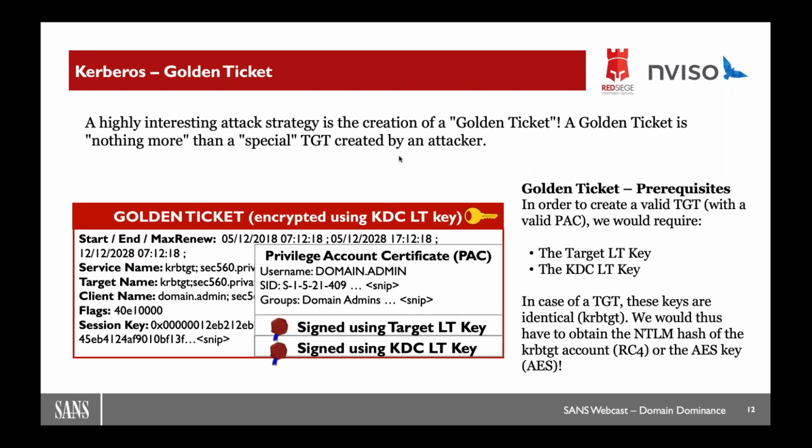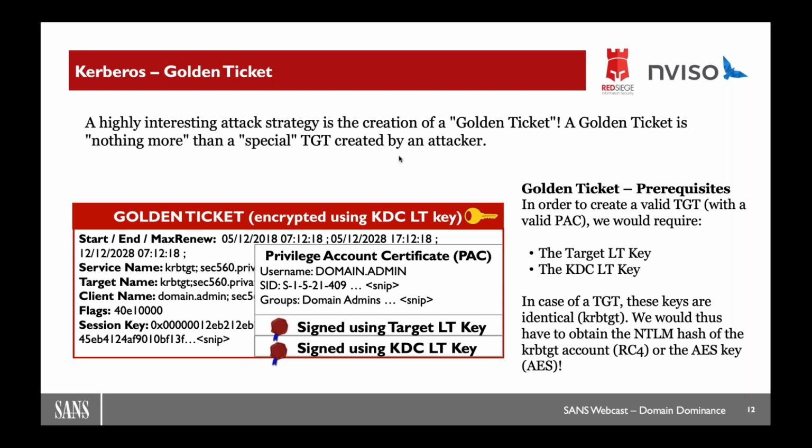So what's a golden ticket? Right? Enough with this whole introduction. A golden ticket is nothing more than a TGT that was created by the adversary or by the penetration tester. When can we create a TGT? Well, it's simple. We need some information which is publicly available, for example, the SID of the domain and of a potential user that we would want to mimic. It could be a domain administrator, as in this case. Could be any user that I would like, right? I could just write it myself because remember, I'm writing my own TGT.